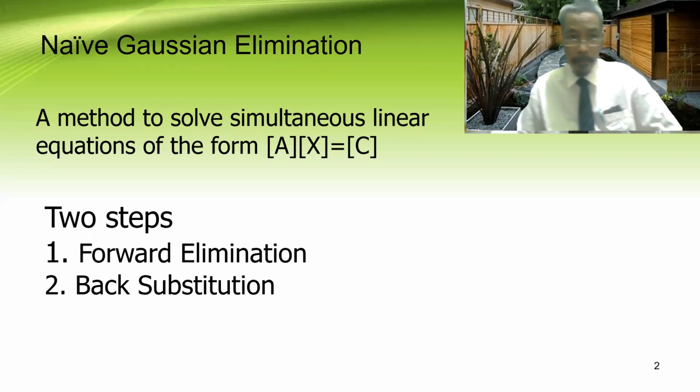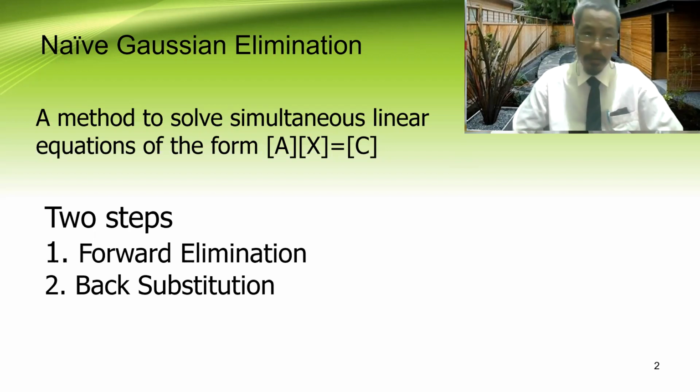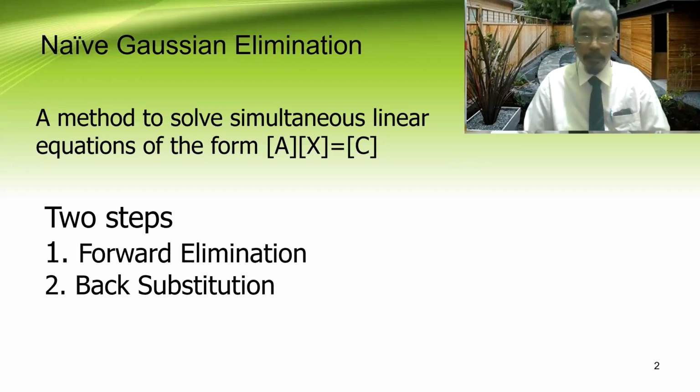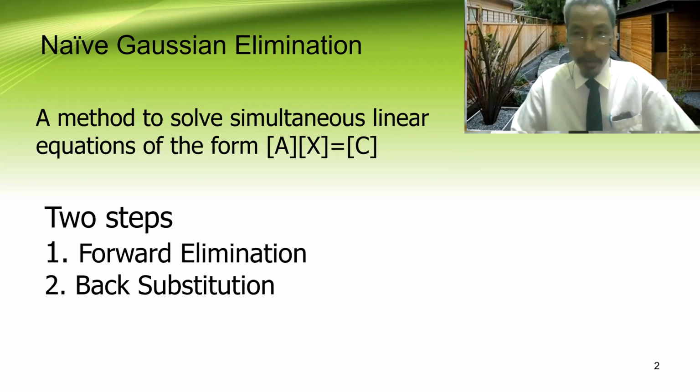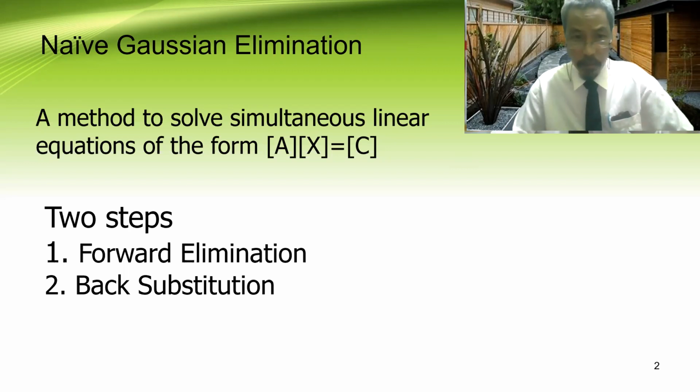We have the name Gaussian elimination. So this is the basic type of Gaussian elimination. On the first introduction of this method, this is the form, the procedure that it takes. And up to now, there are several modifications by several mathematician authors. This naive Gaussian elimination, which refers to the basic one, is a method to solve simultaneous linear equations of the form